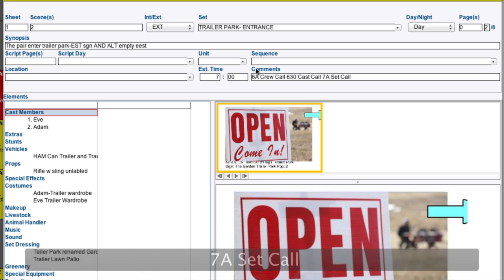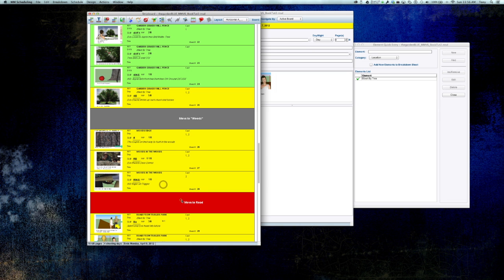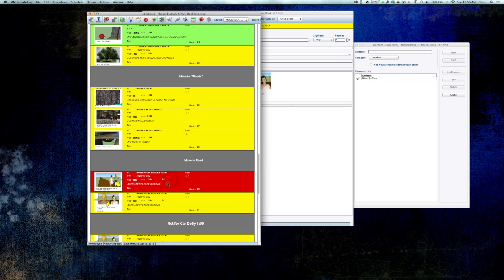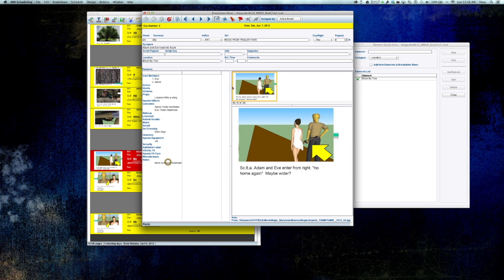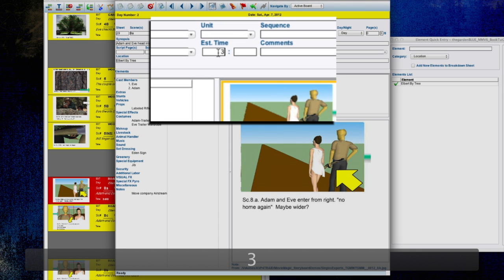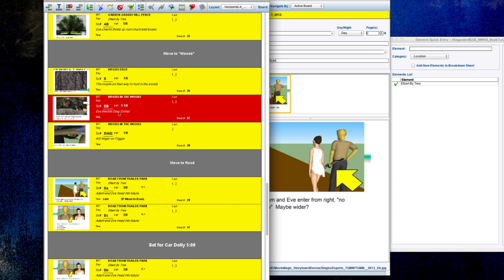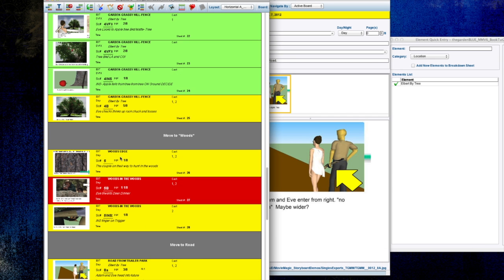So it's pretty slick. You'll notice here on this schedule I've got move to the road, and so I'm going to go to this breakdown sheet, and let's say that we're going to move to this road at about 3 o'clock. So I'm going to put in here in the estimated time 3 o'clock, and then I'm going to put again here 3p move to road, and then I'm going to hit the enter button on that, and now you will see